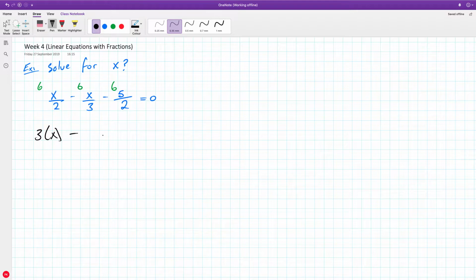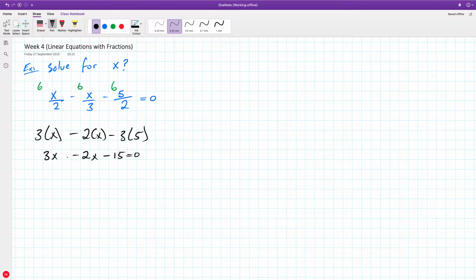Minus 3 into 6 goes 2 by our top number, which is x. Minus 2 into 6 goes 3 by 5. Then 3 times x. Minus 2 times x. Good stuff. And minus 3 times 5